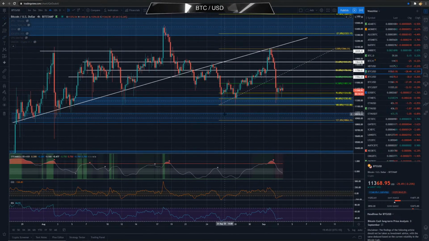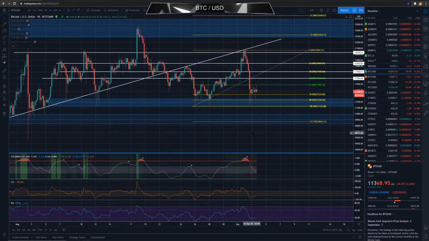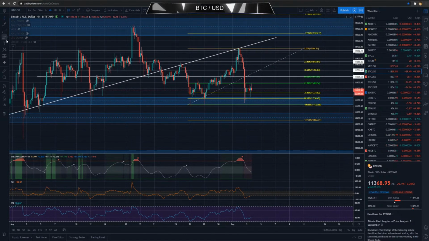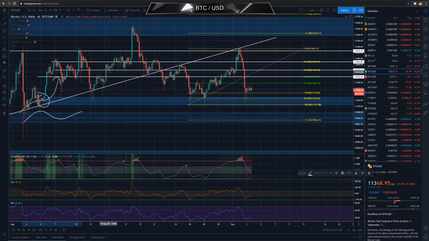However, that 12K level didn't hold. I did say that we were going to head down maybe towards the 50, 61, even the 38.2 Fibonacci retrace. Obviously, it well exceeded my expectation for that pullback, and we find ourselves back at the level of demand. With this level of demand, a few things. First thing I want to say is it is low quality. It is the middle of a trend, coming up off the one at the bottom. So it is low quality.